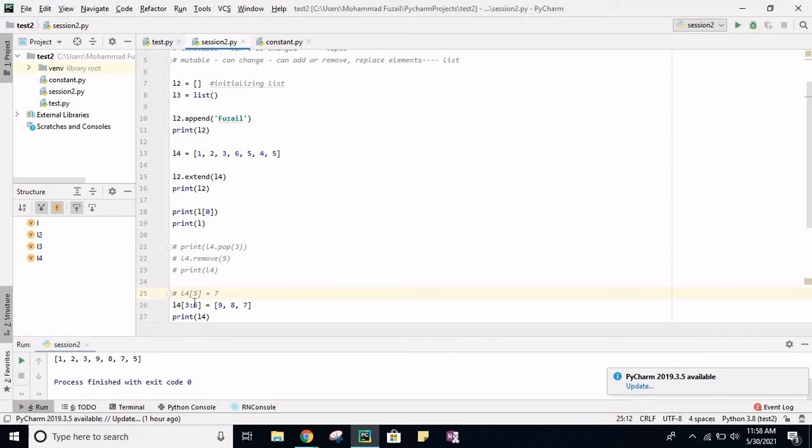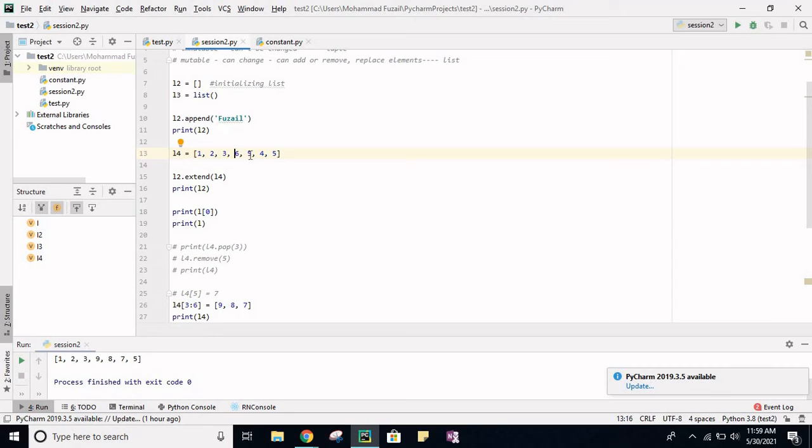Is that clear? So the last index is nothing but the stop. So it will replace at 5 and stop at 6. You got it? So this is the start index and this is the end index. So for ending we always have to pass 1 plus the index, because it has to stop there. So we have to replace 6, so we have written 3 here, then we have to replace 5, which has index 4.